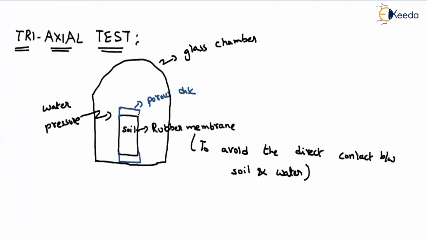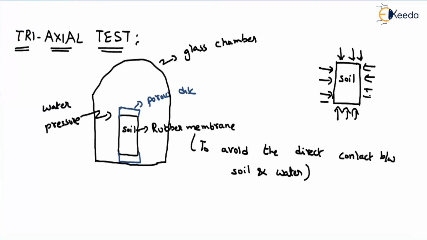we have the stresses acting along the three mutually perpendicular directions. Suppose I represent a 2D soil sample, and the soil sample is all surrounded by the water pressure. That pressure is called the confining pressure, which acts in all directions. Let me represent it with sigma c. After that, we increase any one of the stresses until the soil fails.